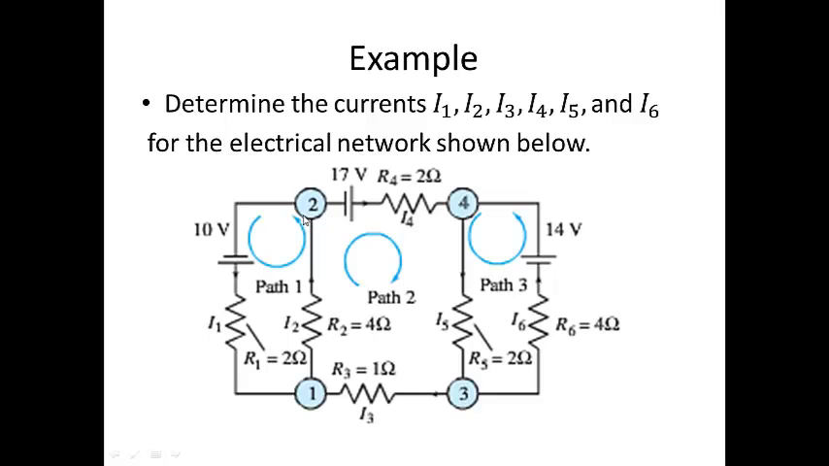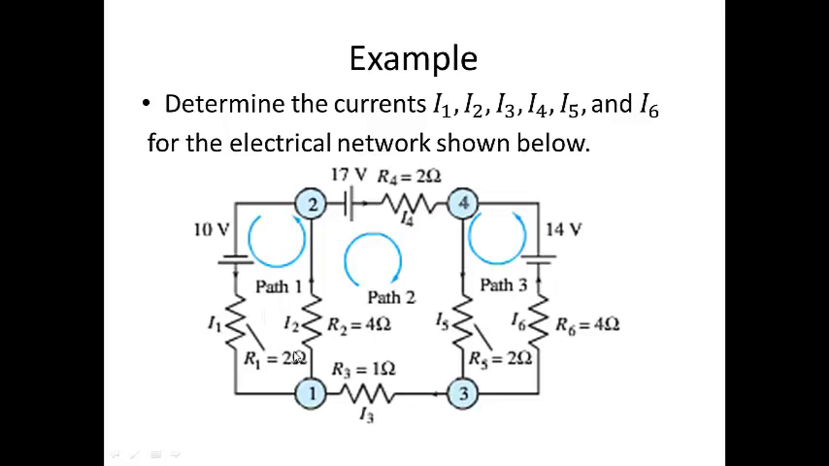Okay, now let's go to junction 2. The currents flowing out of junction 2 are I1 and I4, and the current flowing into junction 2 is I2. Now let's look at path 1. Recall Kirchhoff's second law. The sum of the products IR around a closed path must be equal to the total voltage in that path. So in path 1, the products IR would be